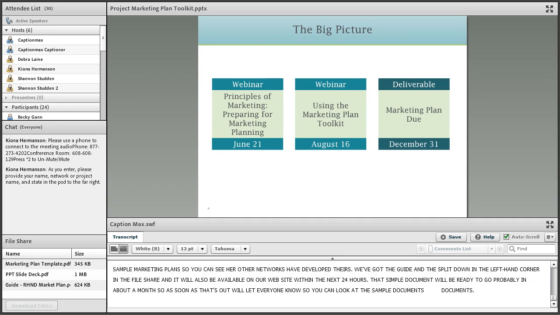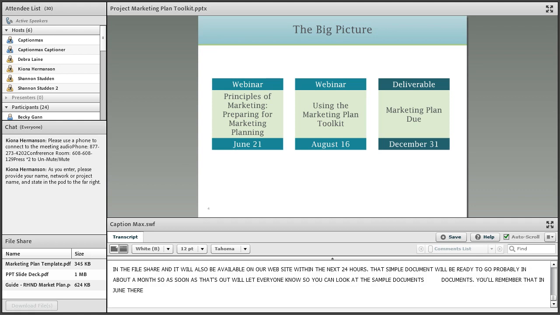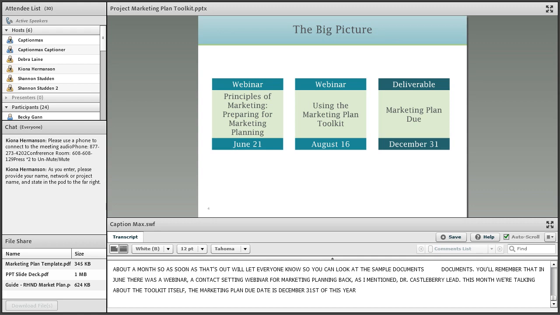So you'll remember that in June there was a webinar, a context-setting webinar for marketing planning that, as I mentioned, Dr. Castleberry led. This month we're talking about the toolkit itself. The marketing plan due date is December 31st of this year. And this continues